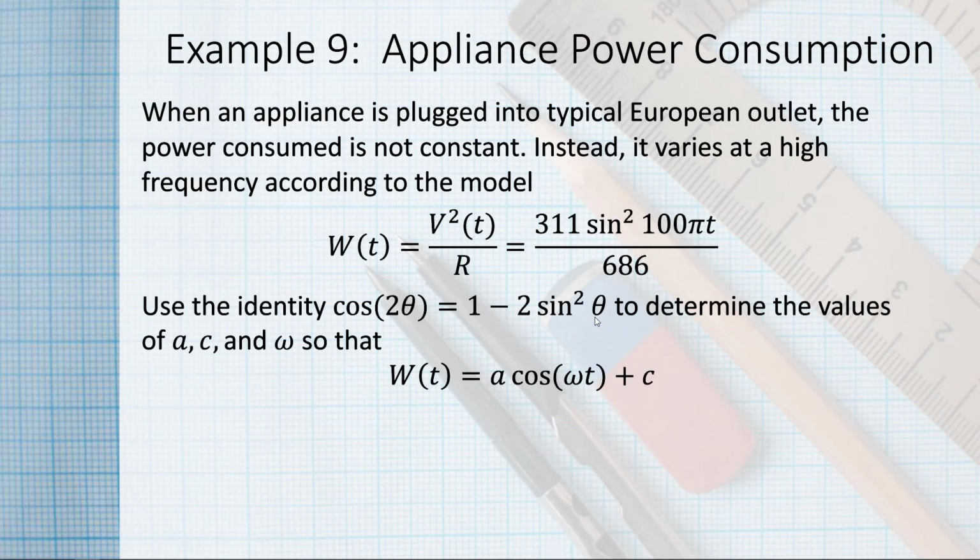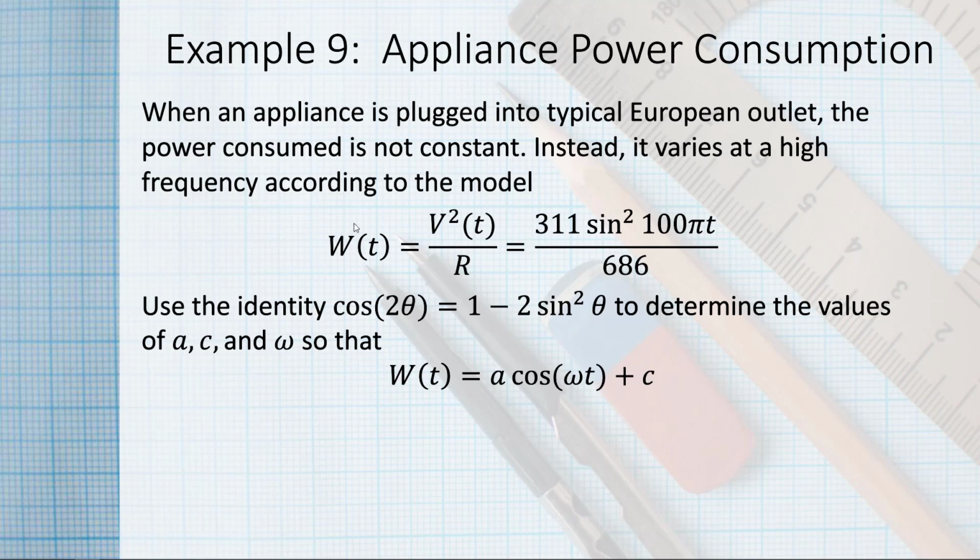Our last problem is to do an application. So here we are talking about an appliance, any appliance that's plugged into a typical European outlet. And the point of the matter is that since it's an AC signal, the power consumed is not constant. It varies with the frequency of the signal, which of course is a high frequency. And it turns out that in Europe, their AC signal varies at 50 cycles per second. Ours varies at 60 cycles per second. As a consequence,